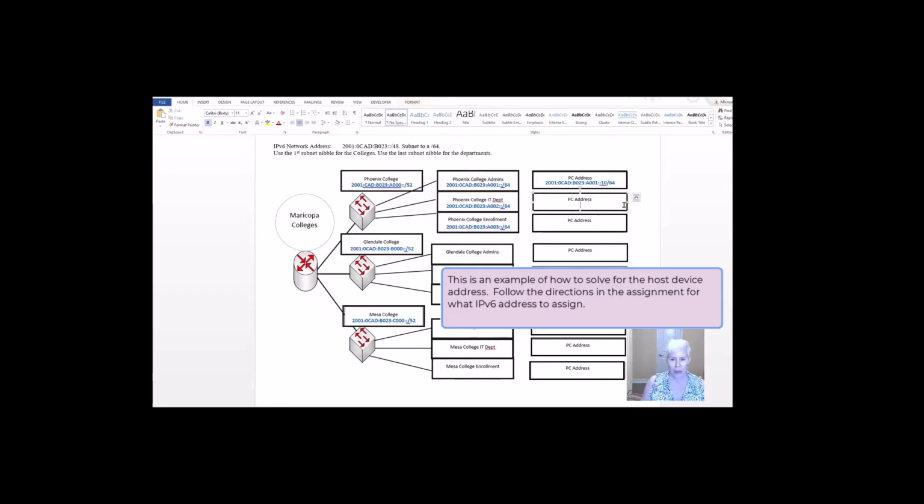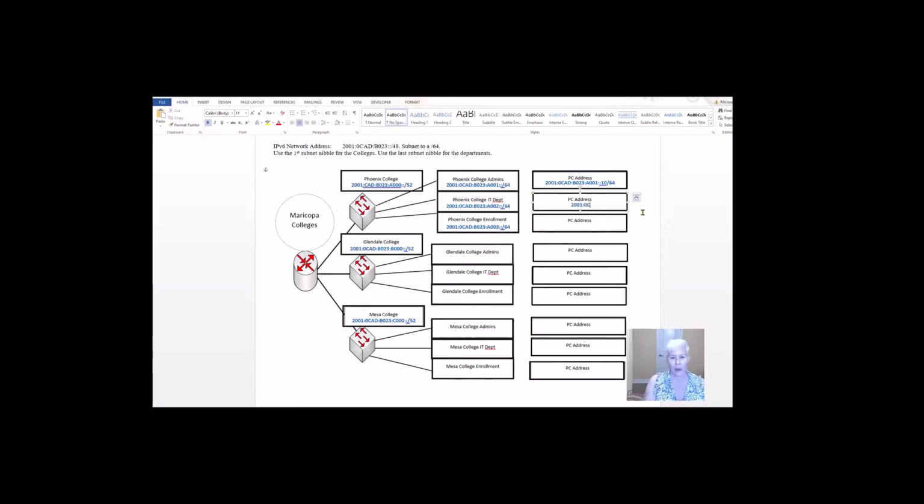What could be an IP address for the Phoenix College IT department? 2001, let's see, A002, because it needs to belong to the IT department, and again, I can say whatever I want. I'm going to say /64, okay, because I'm statically assigning it. And this is the unique host. This is an end device.